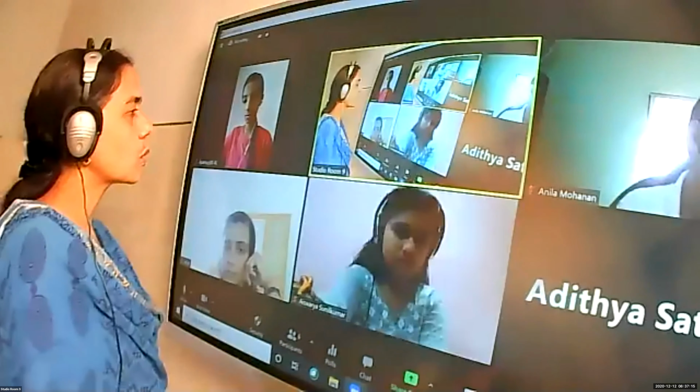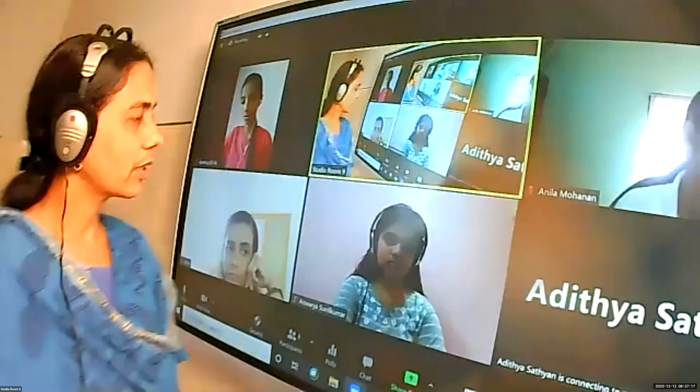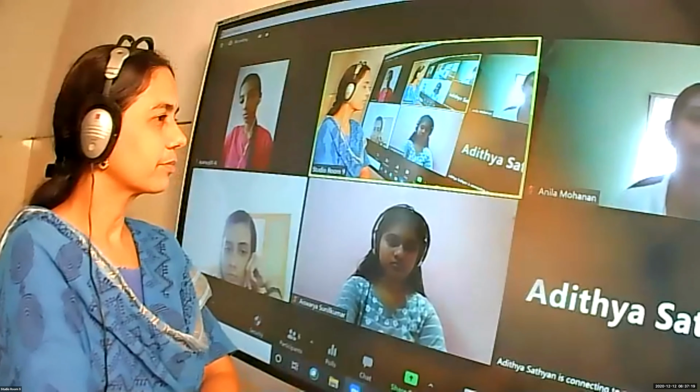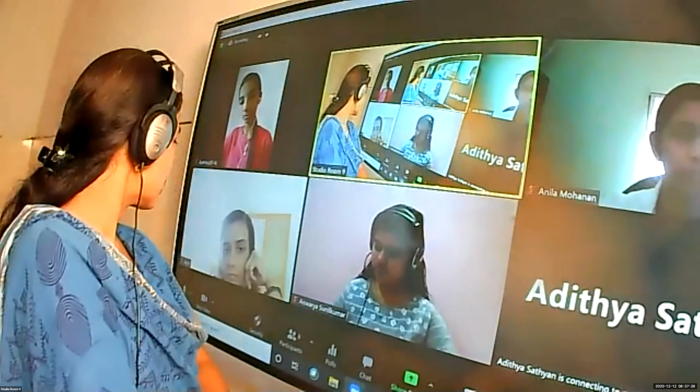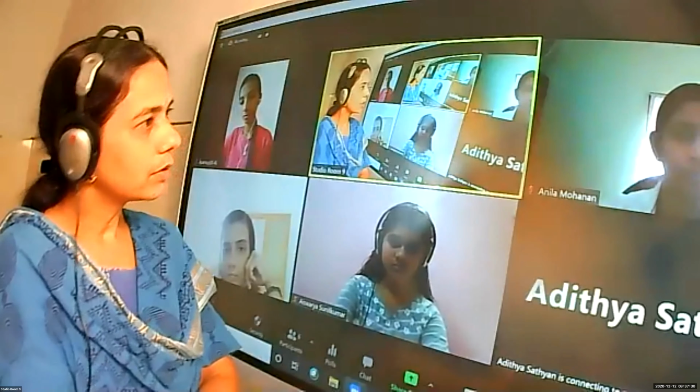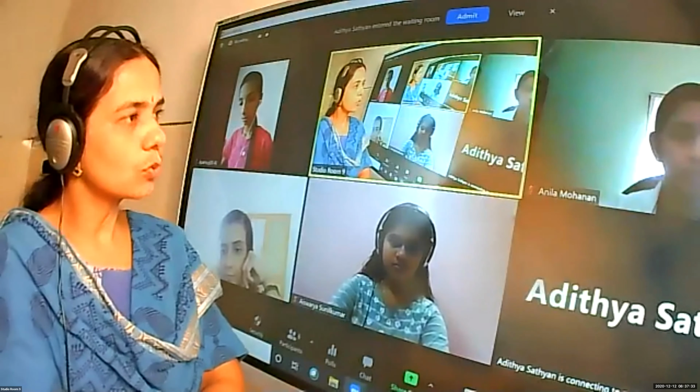What is a square? What is 2 square? Okay, 2 cube. You take 2 cube, because 2 cube is 8. So 2 is multiplied 3 times, isn't it? 2 cube means we are multiplying 2 three times: 2 into 2 into 2.